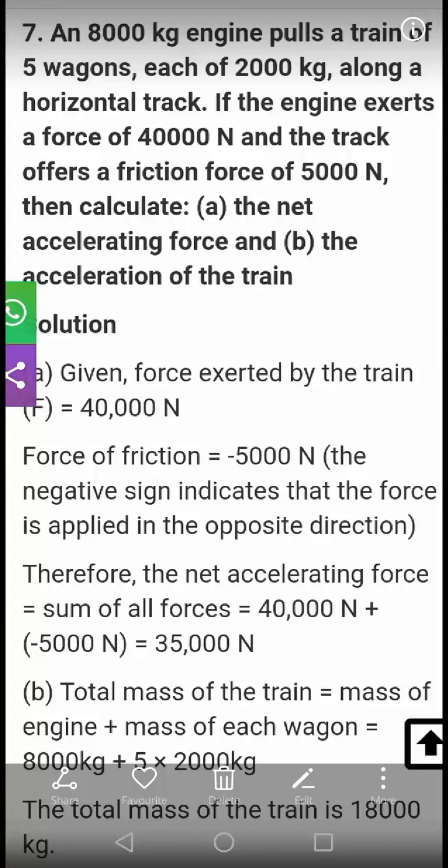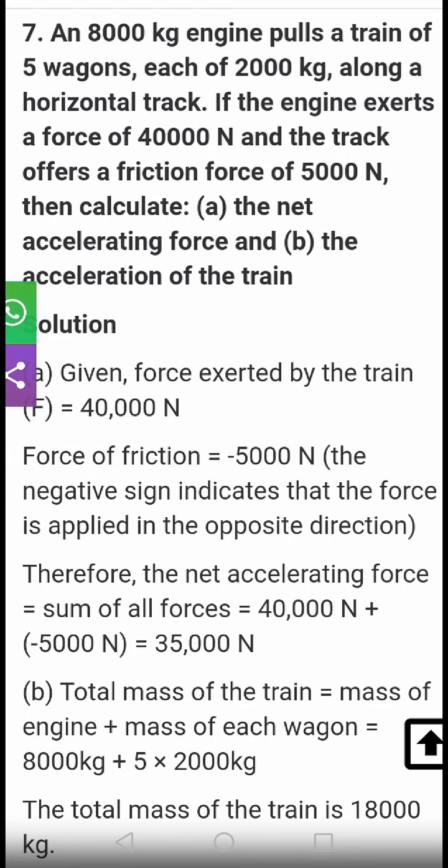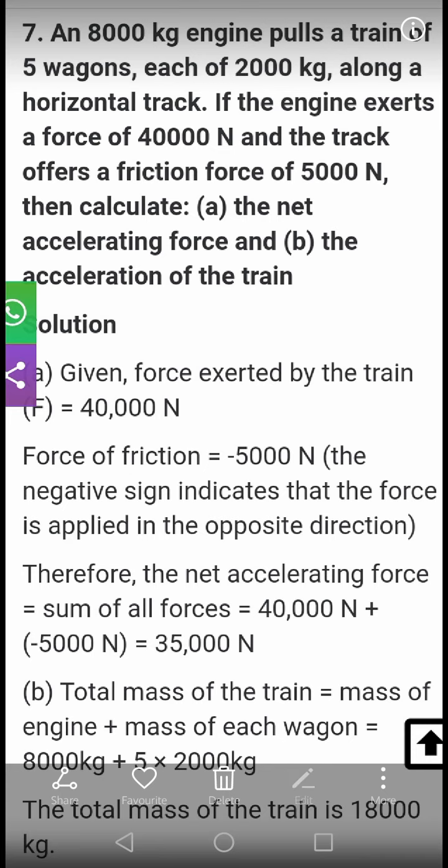Today let us discuss the exercise questions. So till question number 6 we have already discussed. This is question number 7. So it is given that